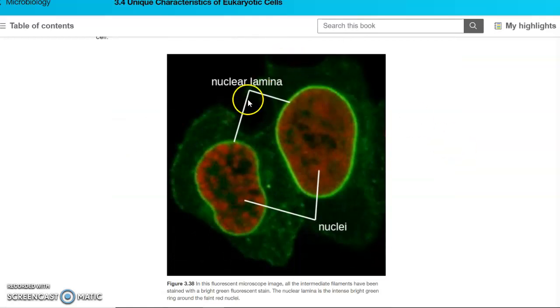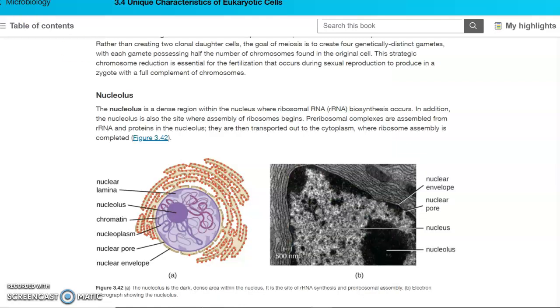This is a fluorescent microscope image where you can really see a clear picture of the nucleus with this nuclear lamina around it. So you can see that there is a well-defined border between the contents of the nucleus and the contents in the rest of the cell. I pointed out the nucleolus when we were looking at the overall picture of the cell, that it is this dark staining region within the nucleus, and this is where rRNA, or ribosomal RNA, assembly occurs, as well as the